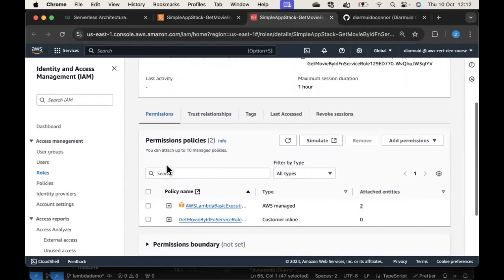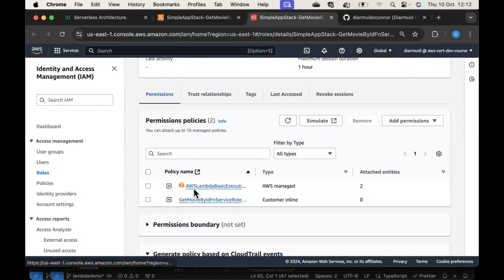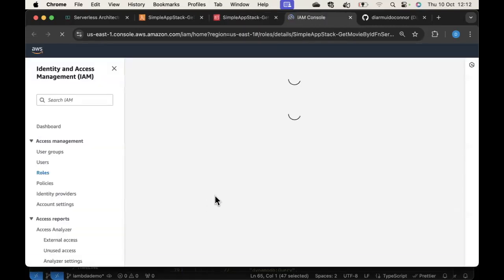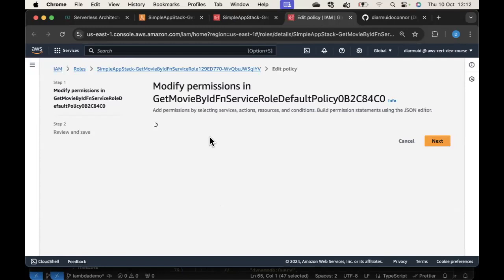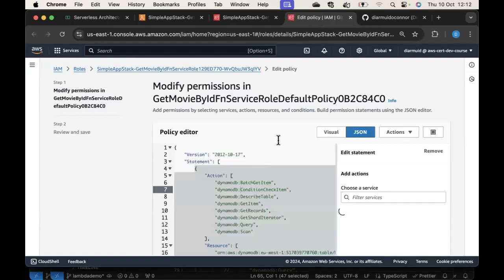And it looks like there are two policies attached to that IAM role. This is one of the managed policies that I mentioned the last day that every Lambda gets automatically. That policy allows it to essentially write logs, streams to CloudWatch. This policy here, though, was created on the fly by the CDK. And if I go into it and look at the JSON, and I'm doing this now because you have seen the structure of these policies,